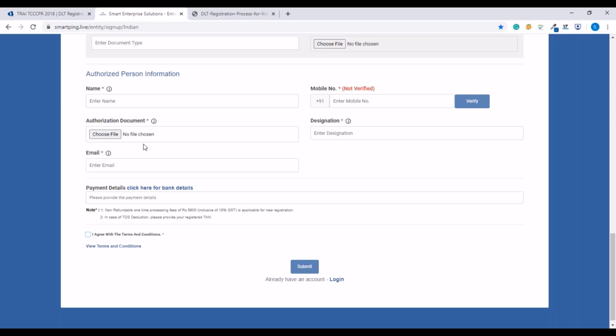Then you will get a verification email on the email address you mentioned here, and you have to verify your email address. Once done, your entire application will be sent to the Videocon operator for approval. In the meantime, you will also receive a reference number, which is a temporary number. Once your documents have been approved by the operator, you will get a unique entity number. Then you can start uploading your headers and your templates and adding the telemarketer. Another thing to note here is that the approval process from the operator typically takes upwards of 2 days.